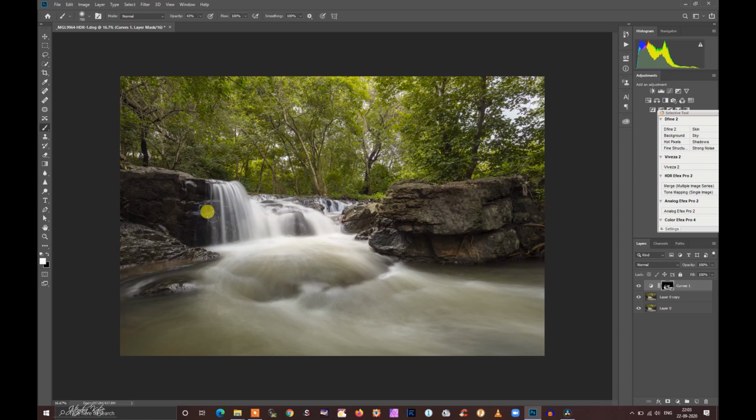Also, I am not going to touch these areas where the brightness is already too high. So that's it. So you can check. Some part of the water has very good contrast now.